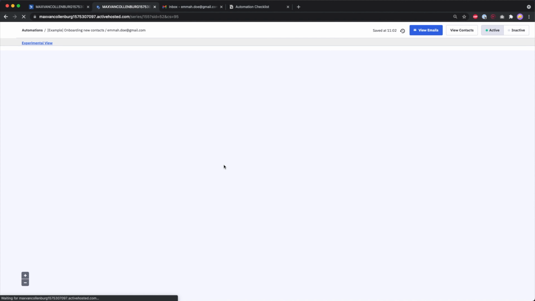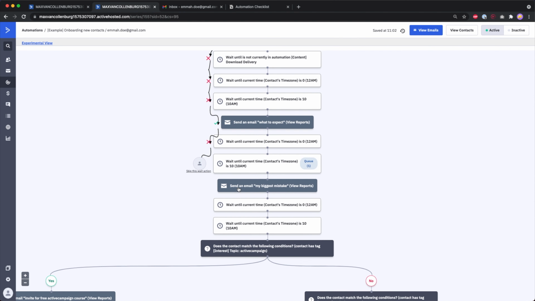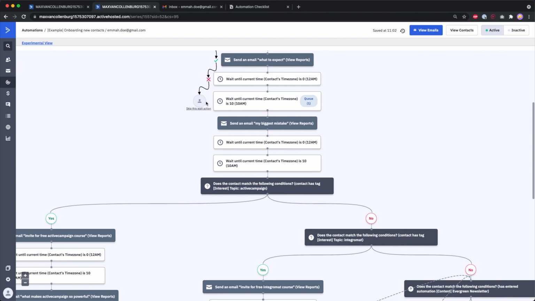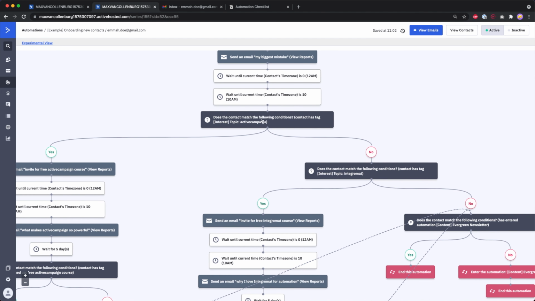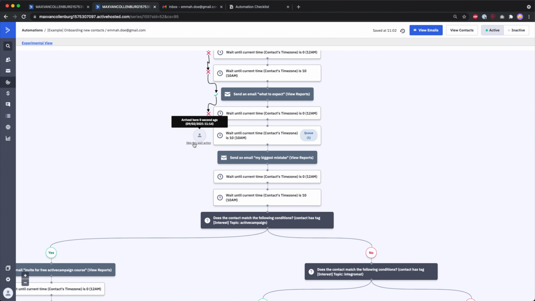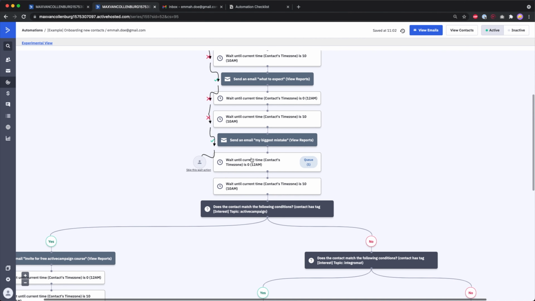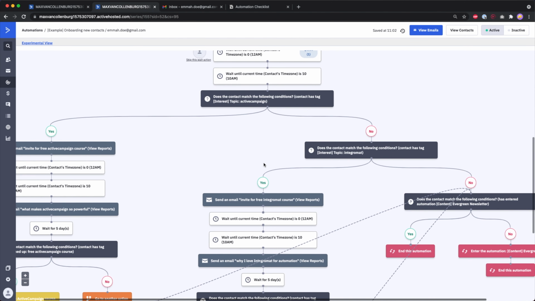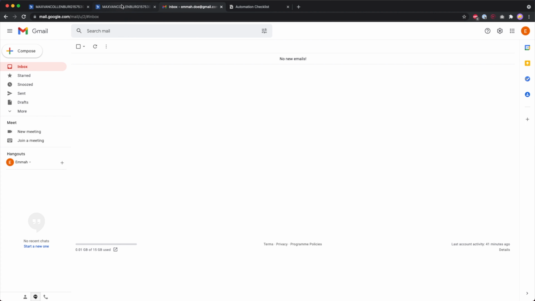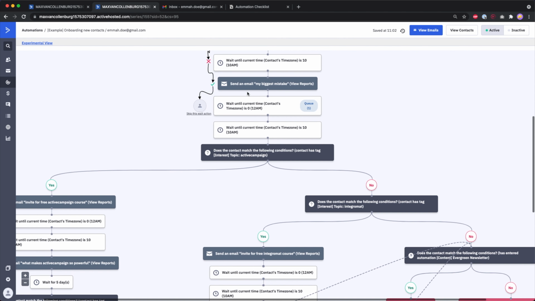And then in the background, this email will be sent with ActiveCampaign. Sometimes it takes 5 minutes, sometimes it takes 10 minutes, sometimes it even takes 20 minutes. So what I basically do is I just go over the whole automation, and especially what I want to check is if all the if else's are working well. So I would just skip here again, and then the next email will be sent. And then what I do after I tested all this is I go to the Emma Doe inbox and I just check quickly the email inbox again, or all those emails again, to see if the emails are really rendering well, if there's no mistakes in it. It's just like a double check one more time, right?